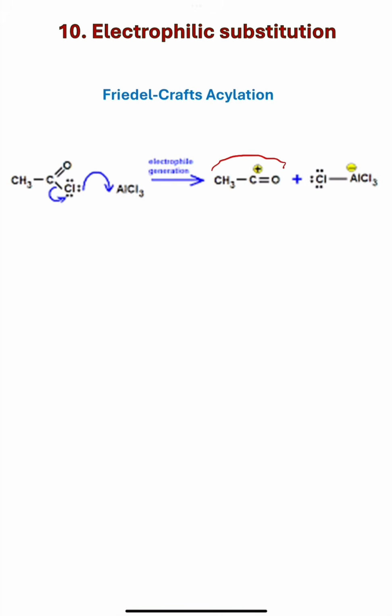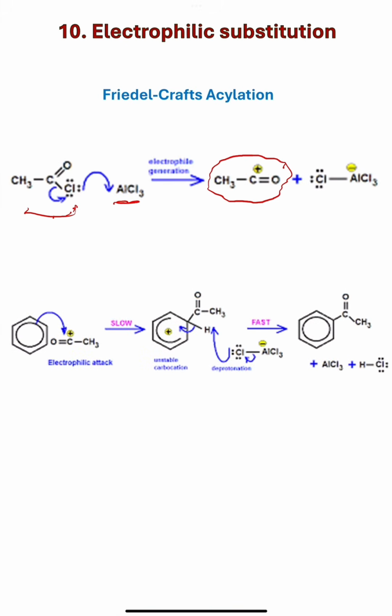This is the electrophile that is going to be attacked by the benzene ring, and it's generated using aluminum chloride when we react it with acid chloride. So the reaction between acid chloride and aluminum chloride will give you the acylium ion. This acylium ion then will be attacked by the electrons from inside the benzene ring, and that will open the ring of the electrons inside the benzene,